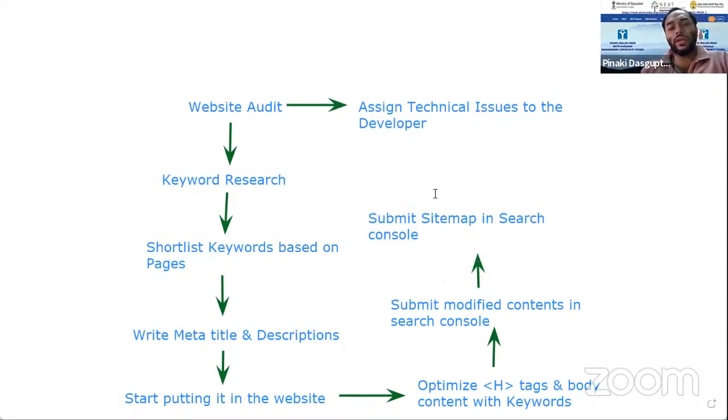So this is the entire process, and you have to do it continuously. This is basically the part of on-page SEO. So once you put all the meta title descriptions, if you optimize the tags, H1 tags, H2 tags, and body content with keywords, you don't have to do it regularly. Probably you have to do some minor changes on a regular basis based on the situations, based on the changes in the business, but you don't have to do all these things on a regular basis.